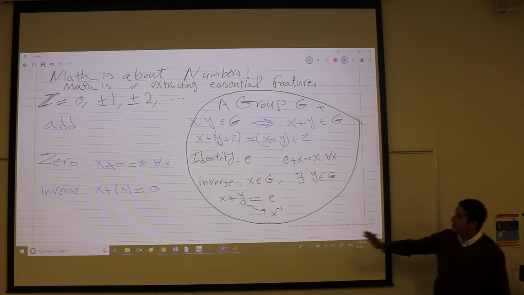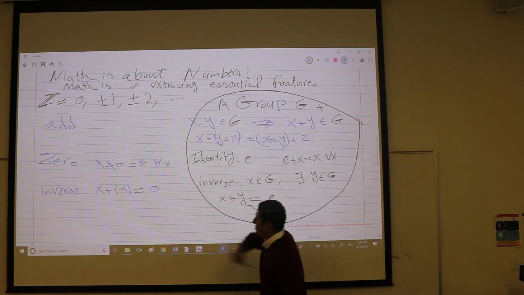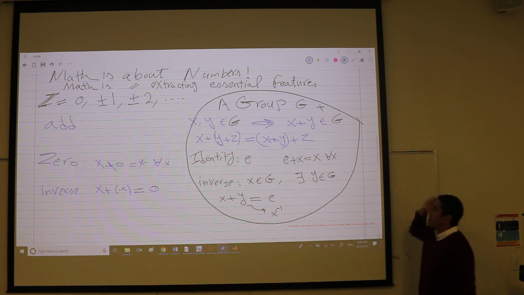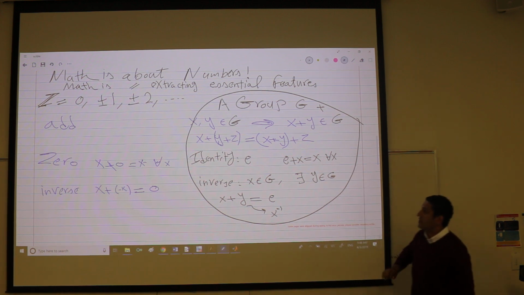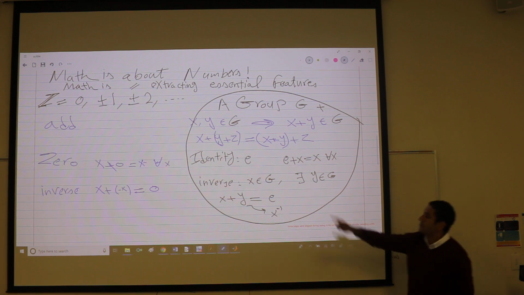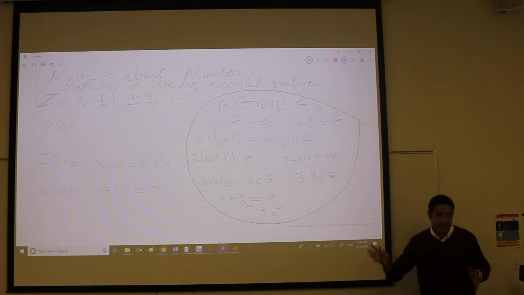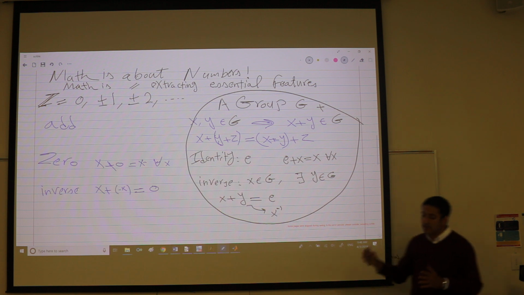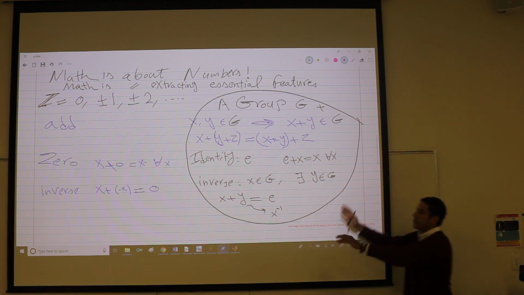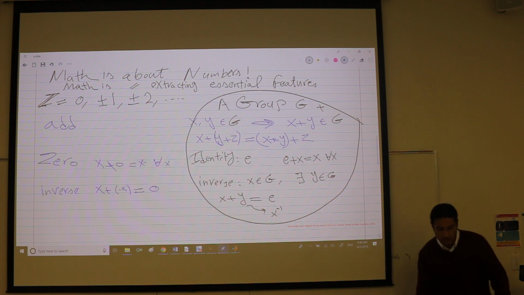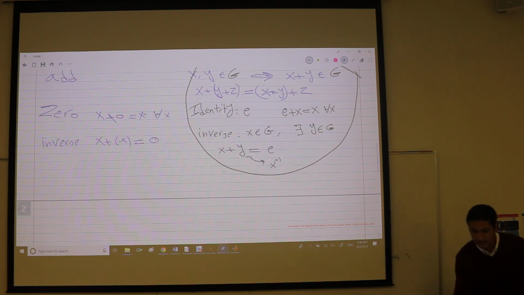So now, if these are the intrinsic properties of integers, if we have any other object that possesses the same properties, then we should treat it as we treat integers. It doesn't have anything unique beyond integers, right? It has the exact same properties as integers. So, like what? Well,